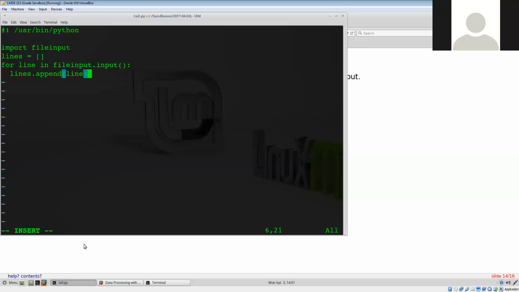So this is the for loop that will read the input. Now, after I read all the input, and how do I know that this is going to occur after it? Because this for loop that's looping over the input from the fileinput module is going to stop once the last line is read. So now, outside of that for loop,